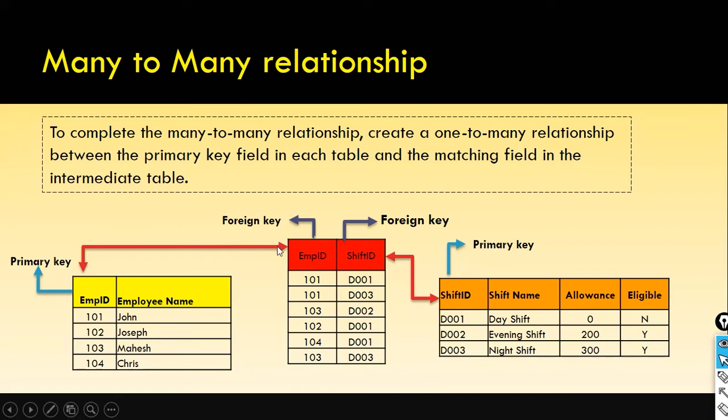And here in the bridge table, you will have another column. That value will be used in your fact table. With the combination of these two, you will have one more column. That column will be used in your fact table. That is a different thing altogether. But